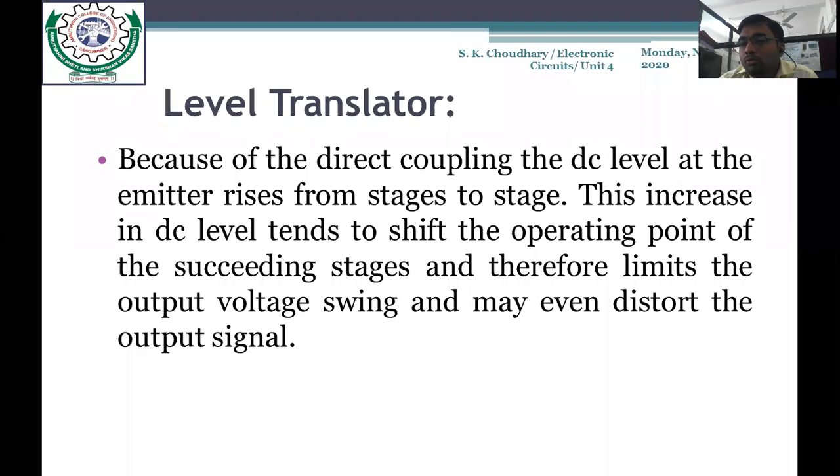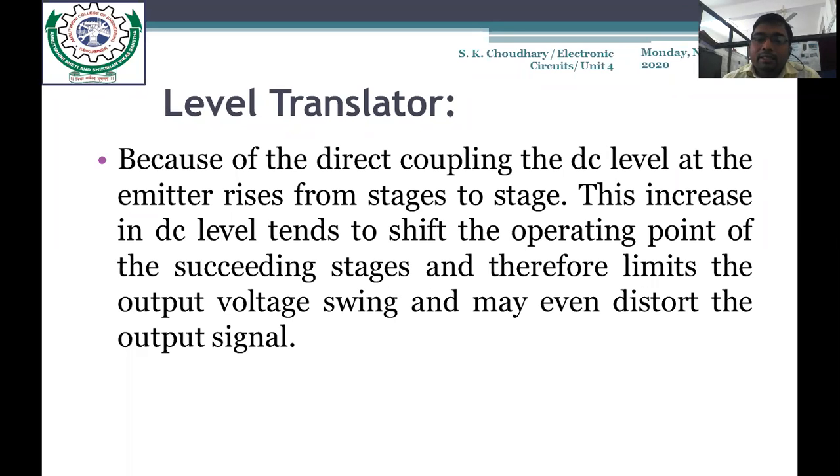That tends to shift the operating point of the succeeding stages. Means from input to the intermediate, and then we have come to the level translator stage. So when we have to be moving from one stage to the second stage and second to third, this DC level has been shifted to the operating point of the succeeding stages, and therefore it limits the output voltage swing,